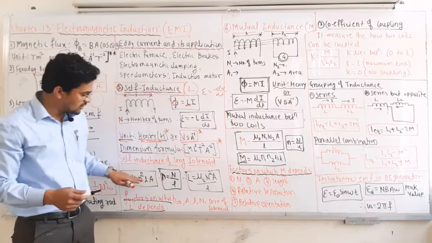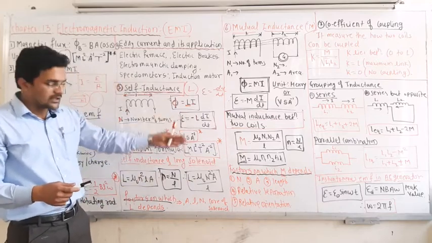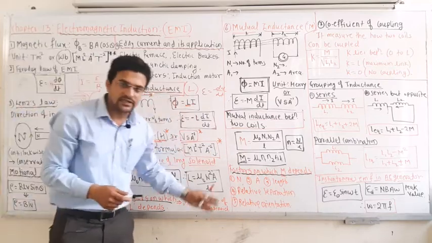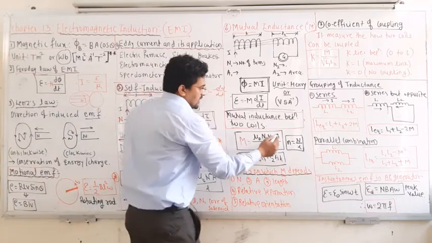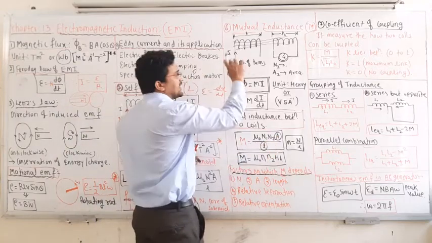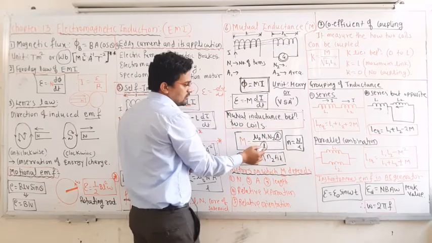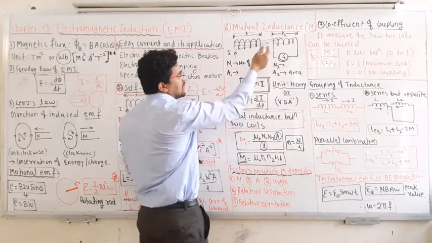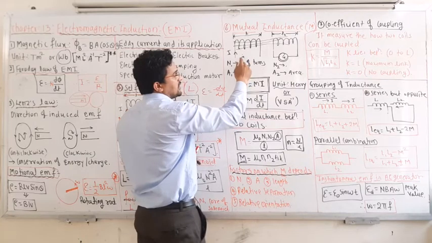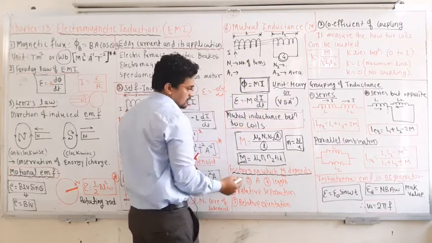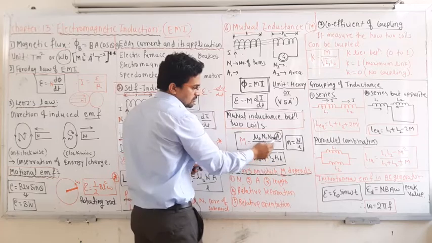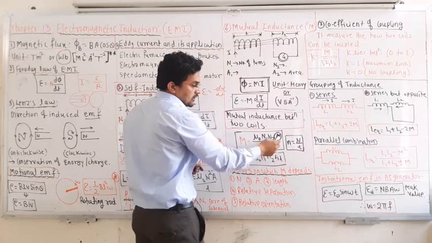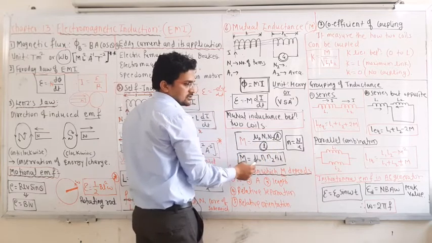How does the mutual inductance depend on N? It is directly proportional. And on length? Inversely proportional. In case of the area, if the area is the same and the length is the same, then you can take them directly. If one coil has a length larger than the other, and one coil has an area larger than the other, then in the final answer the area should be the smaller one, and the length should be the larger one.